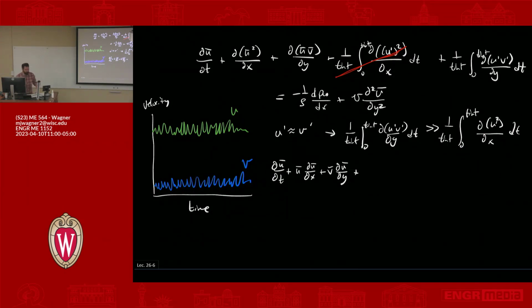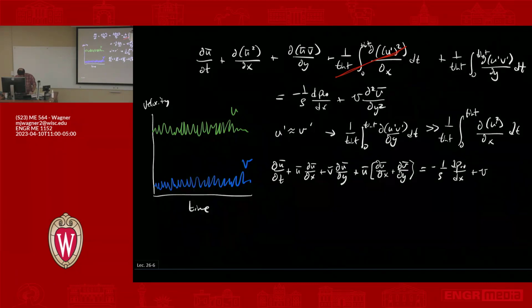Now this is where we're going to try to start forcing it into a form that's useful. So we're introducing that continuity definition back into the equation again. So we say then u bar times our continuity, which is partial u bar partial x plus partial v bar partial y, right? That's 0, remember? So we're introducing that, and then we're saying that's equal to minus 1 over rho dp infinity dx plus